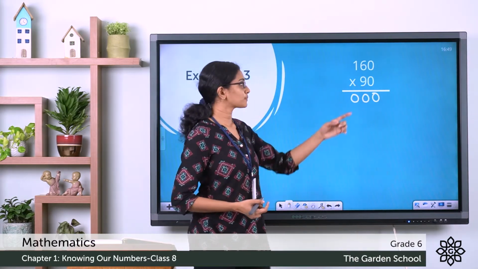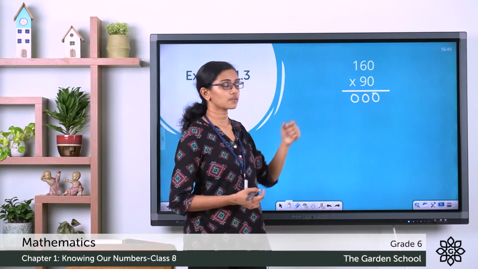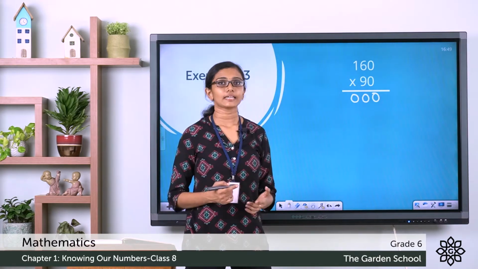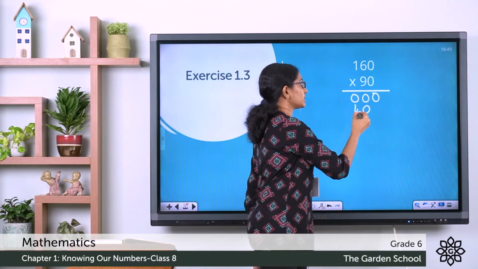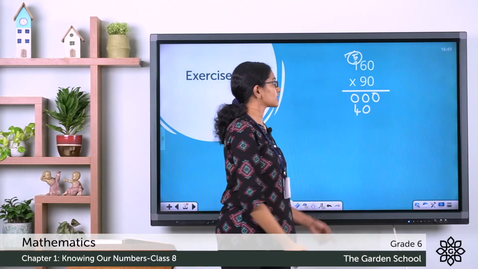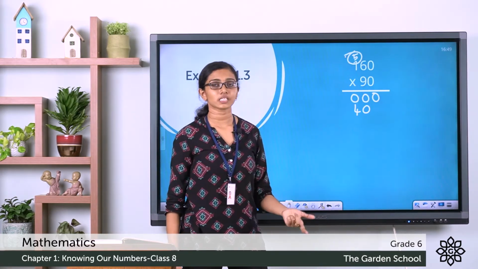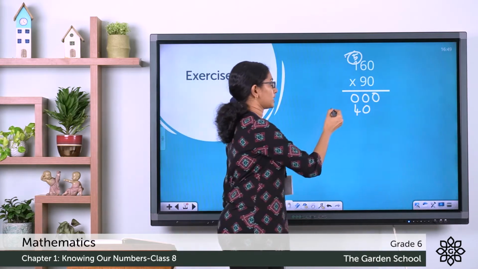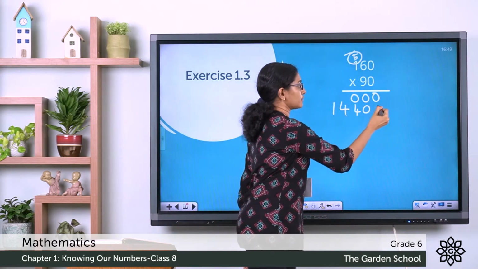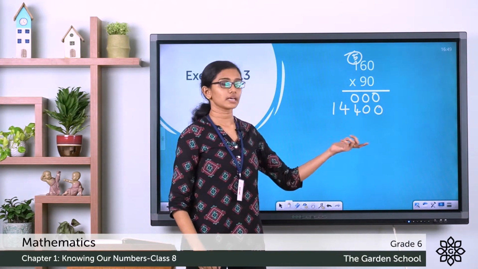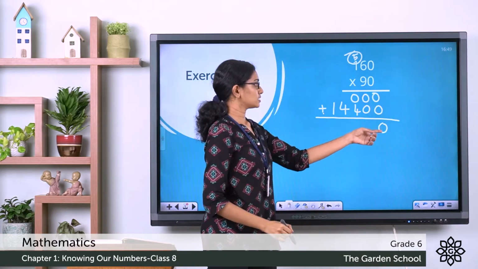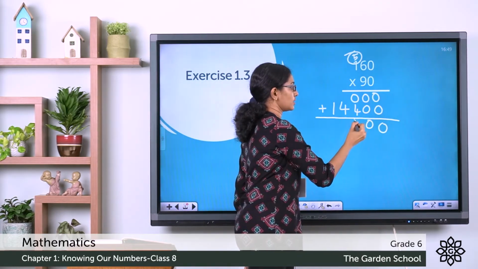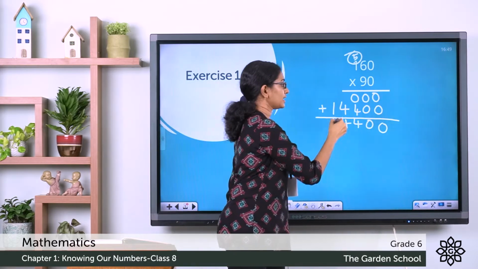The next step is to multiply the tens digit 9 with each digit of the multiplier, that is 160. 9 times 0 is 0 itself. 9 times 6 is equal to 54. So, we write that 4 here, carry over 5 to the next higher place. Then 9 times 1 is 9 itself, plus 5 is equal to 14. So, here we have written that, and make sure you insert zeros to correct the places. So, here adding the 2 products, 0 here, again 0 here, 4 here, 4 here and 1.